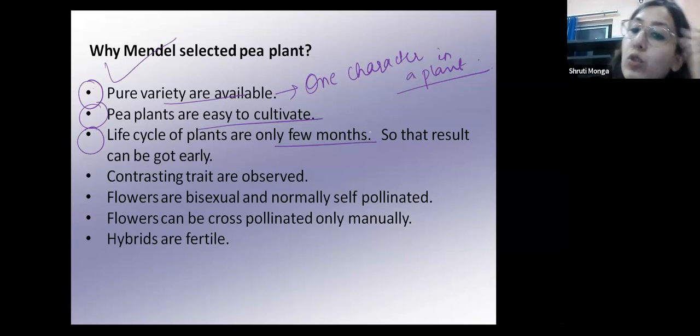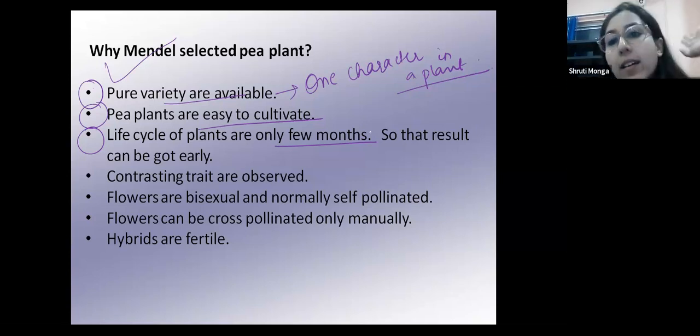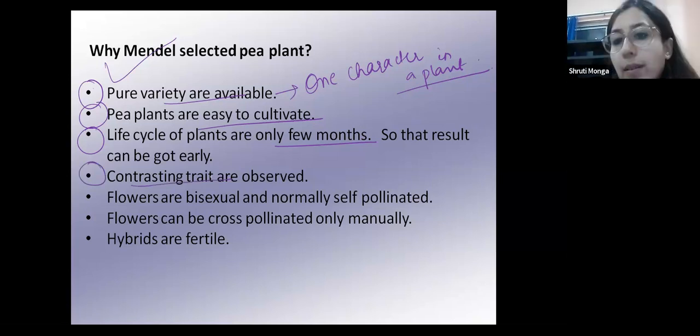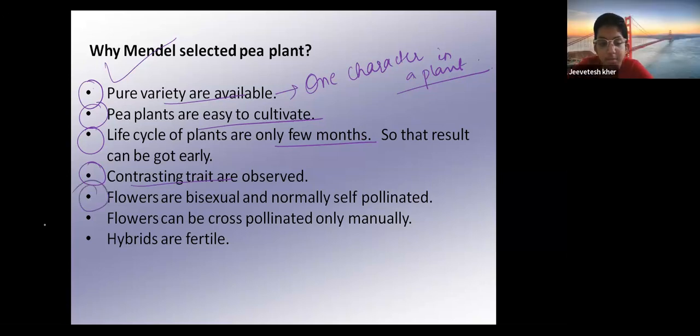लाइफ साइकिल ऑफ प्लांट्स आर ओनली फ्यू मंथ्स। अब जब पूरे पी प्लांट की लाइफ साइकिल कुछ मंथ्स की होगी तो रिजल्ट जल्दी जल्दी मिलेगा ना। अब एक्सपेरिमेंट कोई परफॉर्म कर रहे हो तो आप वेट थोड़ी करते रहोगे कि रिजल्ट नेक्स्ट ईयर आएगा। नो, यू कैन नॉट वेट, राइट। तो जल्दी जल्दी रिजल्ट मिलता है। सो दैट इज व्हाई, लाइफ साइकिल फ्यू मंथ्स की है, इसलिए उन्होंने ये प्लांट चूज किया। कॉन्ट्रास्टिंग ट्रेट्स अवेलेबल। अभी हमने पढ़ा था ना पी प्लांट्स में 7 कॉन्ट्रास्टिंग ट्रेट्स जो मेंडल ने वर्क किया है, हाइट, सीड शेप, सीड कलर। सो दैट्स इट।